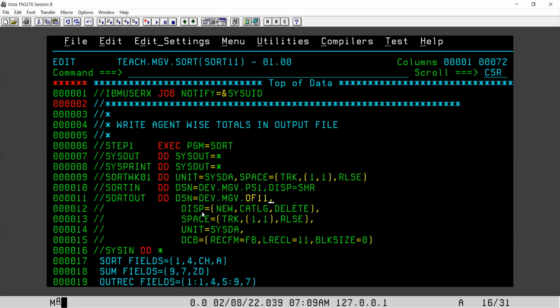So this will be created here because if you see, it is new catalog delete and we are allocating track as 1, 1. So it will be created here, and at the same time the data from this particular file will be passed to this particular file by skipping